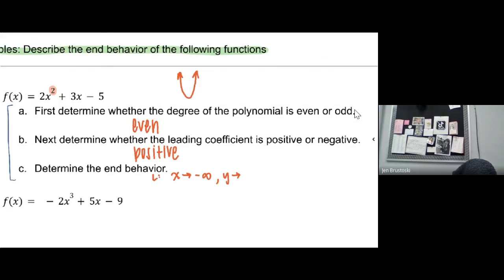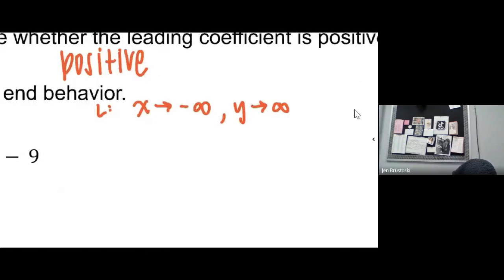Positive infinity. It's going up this way. So negative infinity is this way, and our y is going up. So that's positive infinity. All right, and then on the right side, let me zoom in. Sorry, I tend to write really small. As x is approaching positive infinity, then y is approaching